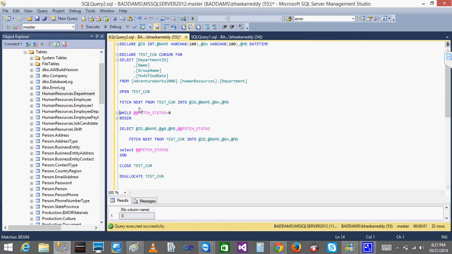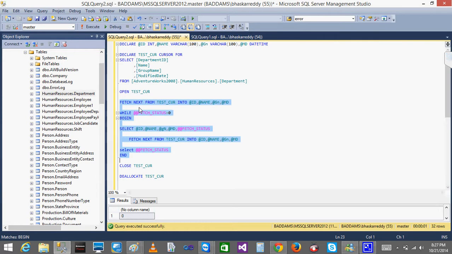Now how many times do I need to run this? This is the fetch command, and all these steps are included in the fetch command. I want to get record by record until all the records are pulled, and after fetching all the records, I want to terminate the process.